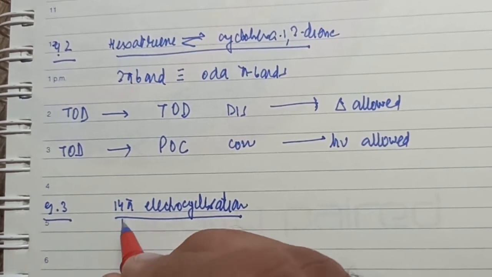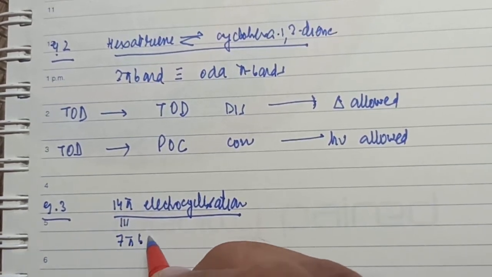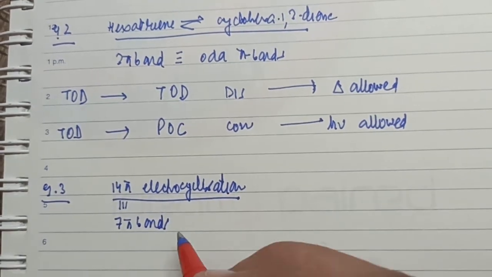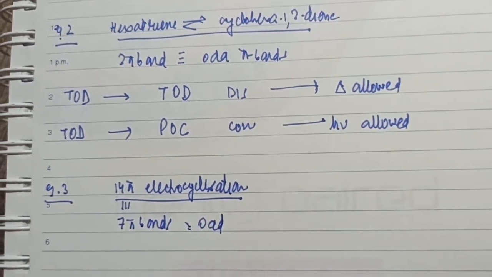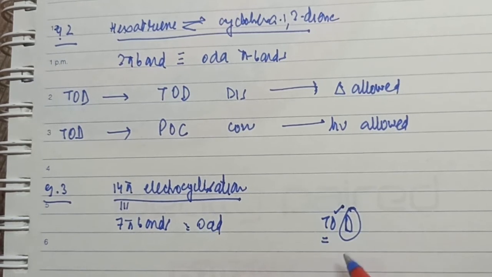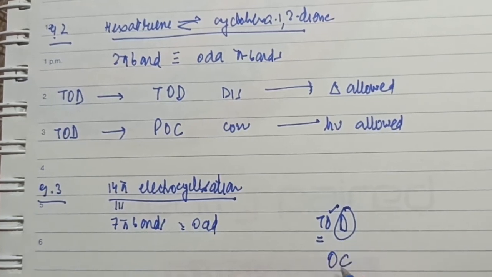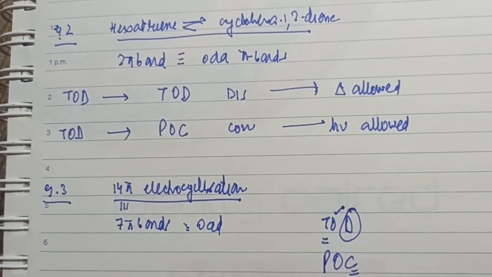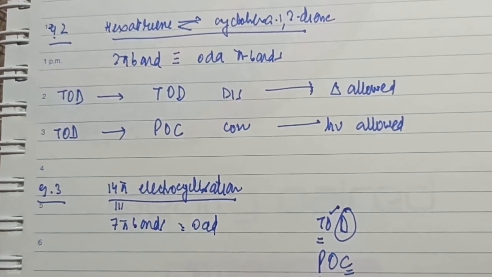What I'm saying, 14 pi electrons, 7 pi bonds. 7 pi bonds means odd bonds in the reactant system. Formula is TOD, that means odd pi bond system, disrotatory process is thermally allowed. Change the formula: odd has to remain odd, this will become con, photochemical will become even, that means conrotatory process is photochemically allowed. This fast we can work out the reaction conditions using the formulas here, right? So this is something regarding your application of the formulas as far as the electrocyclic reactions are concerned.